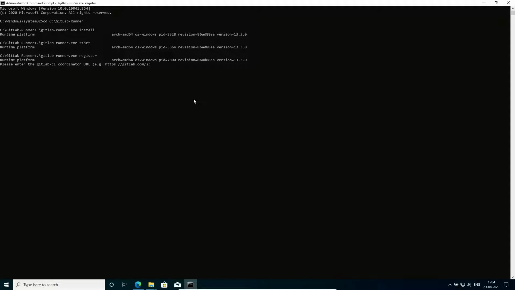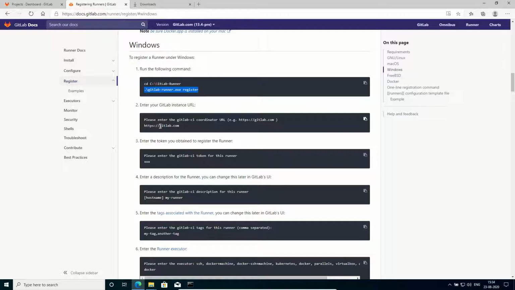As I have mentioned earlier, this coordinator URL will remain the same in most cases, but if you have set up GitLab on your local server, then this URL might change. As long as you are using gitlab.com, you need to use this https gitlab.com URL. So at present we will give the same URL as shown.